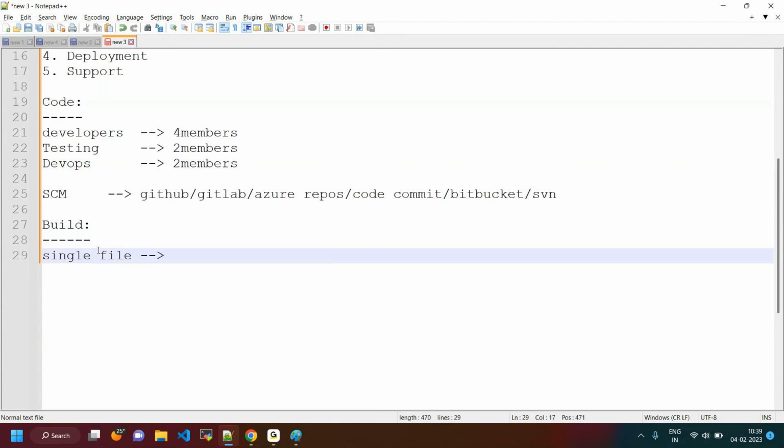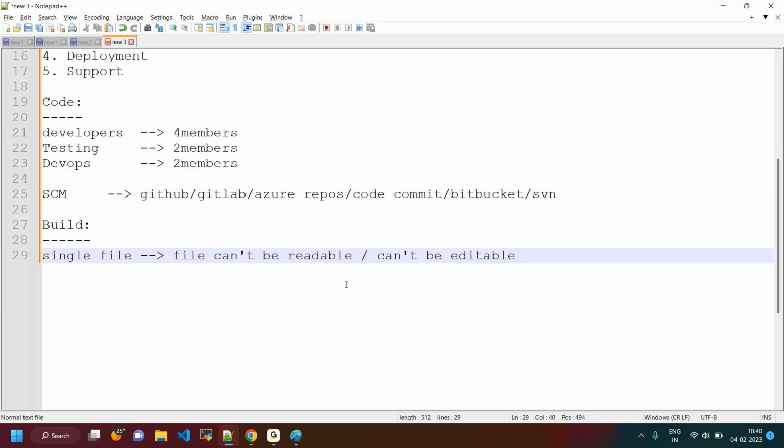Even that file can't be readable and can't be editable. This is the type of file we are going to create.